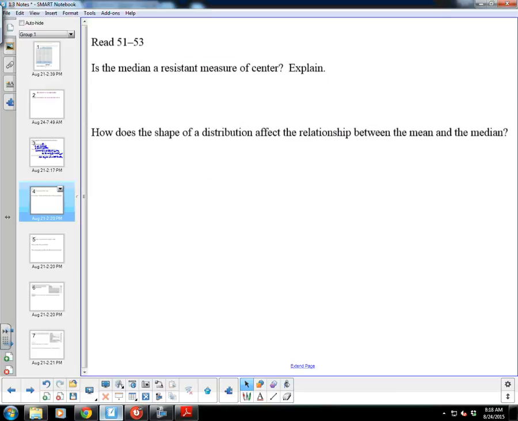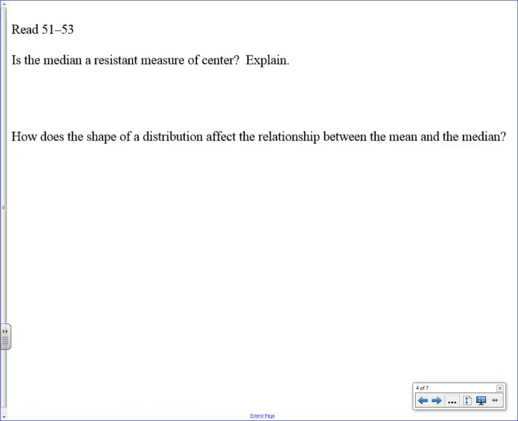Is the median a resistant measure? So is it influenced by outliers? Yes, but only slightly. So we're going to say yes, and how can we explain that?